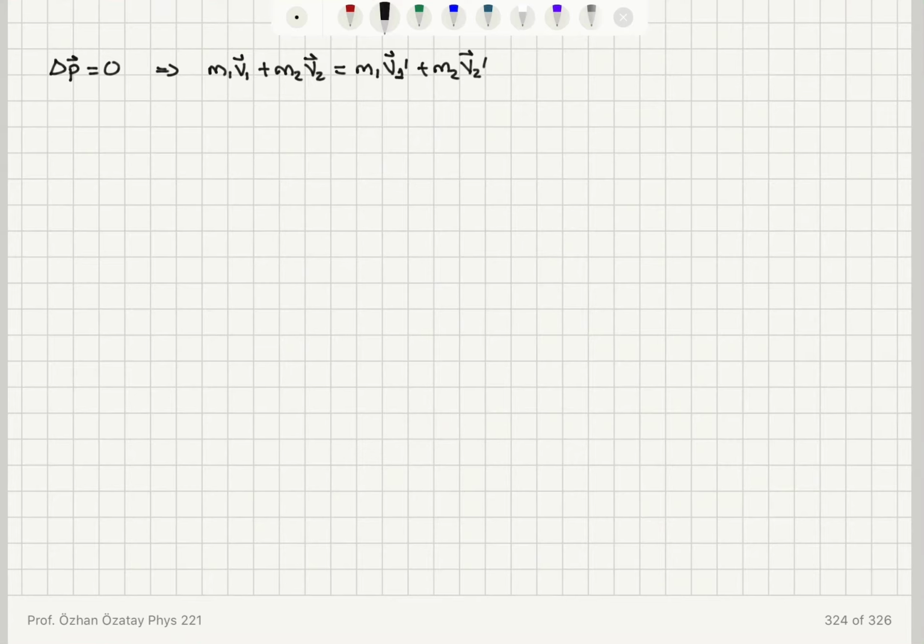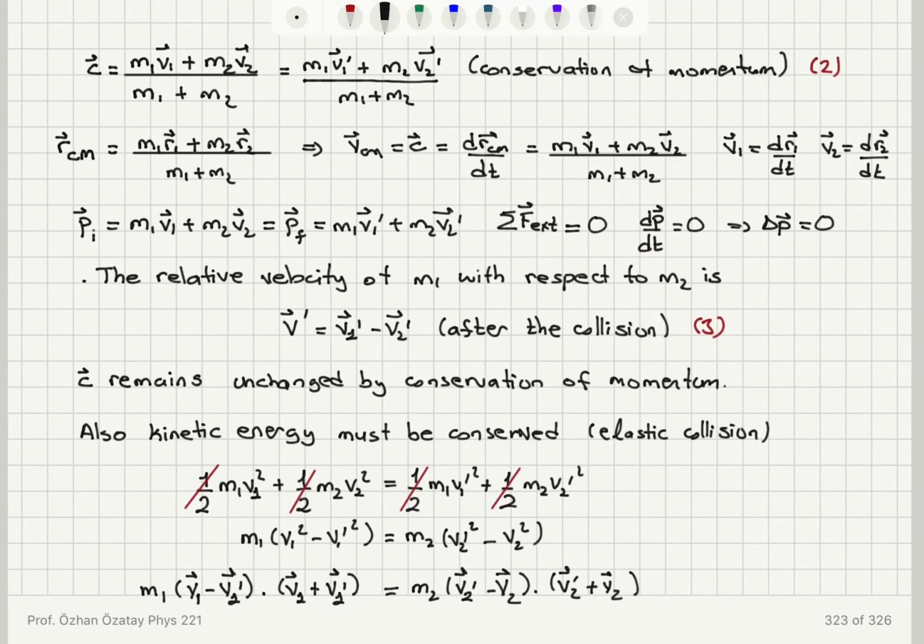So this implies we have m1 (v1 minus v1 prime) is equal to m2 (v2 prime minus v2). So going back to our